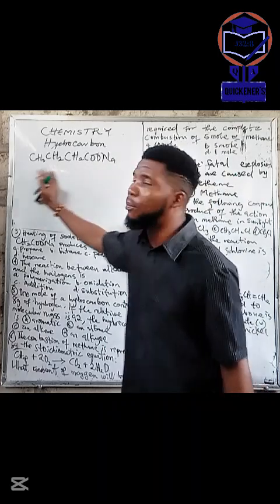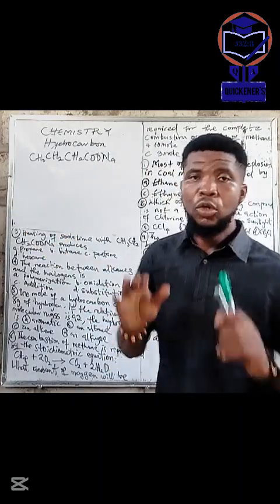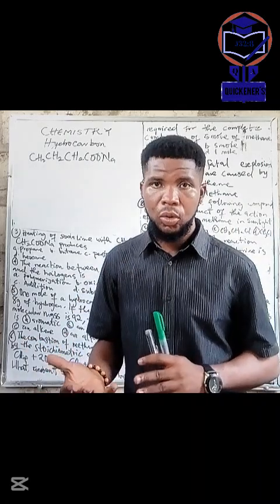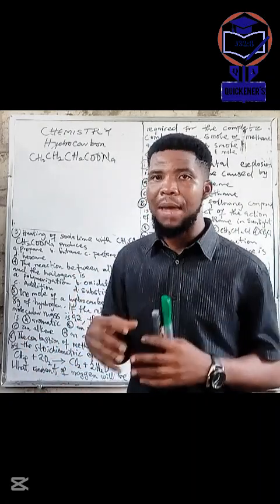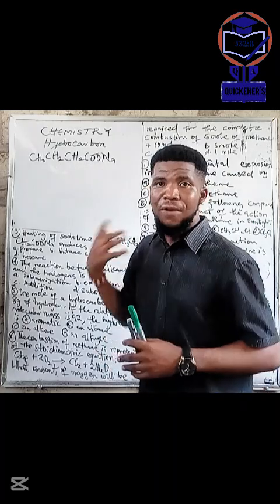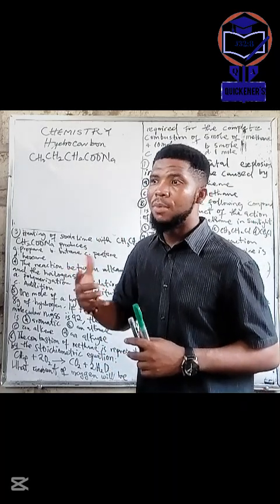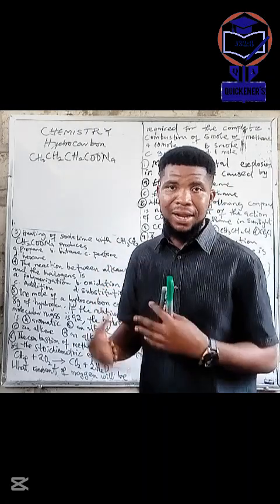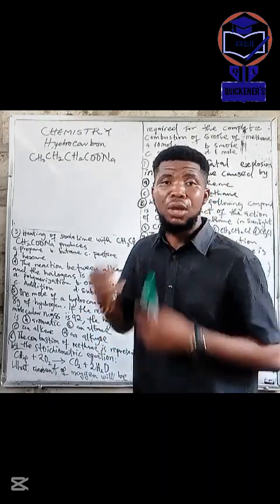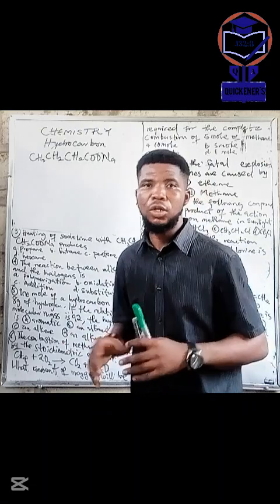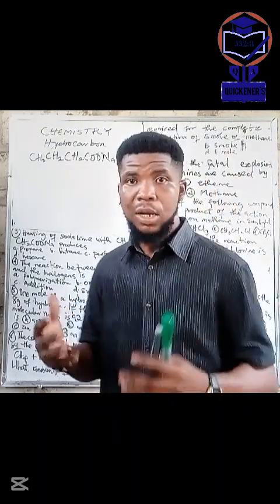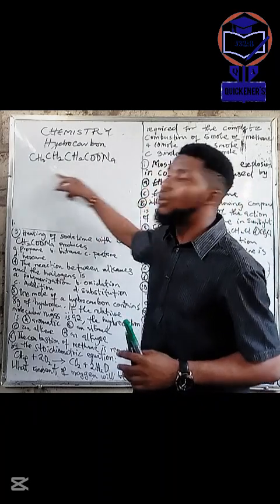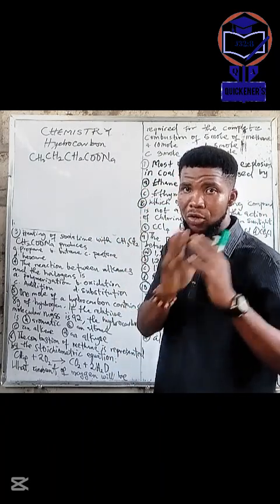So when you heat this sodium propanoate with soda lime, which is a mixture of sodium hydroxide and lime, that mixture is combined because it prevents the cracking of the glass. If you use sodium hydroxide only, there will be a crack in the glass, and there will be a sucking back of the gas during production. These are some of the questions you can see in JAMB questions. So now we will use soda lime, a mixture of sodium hydroxide